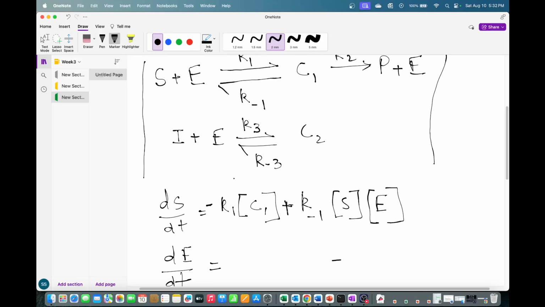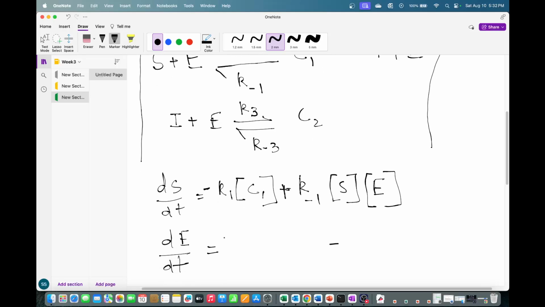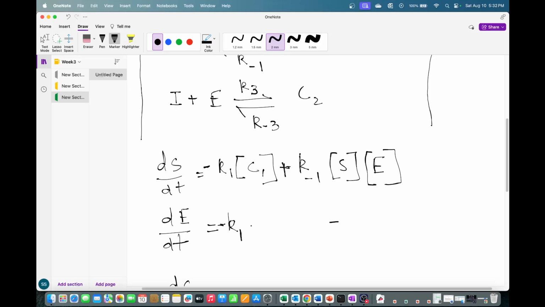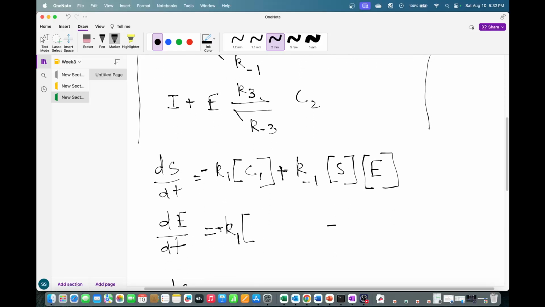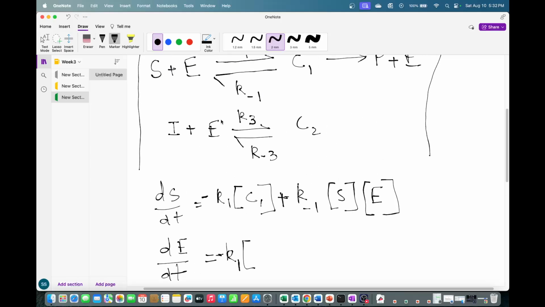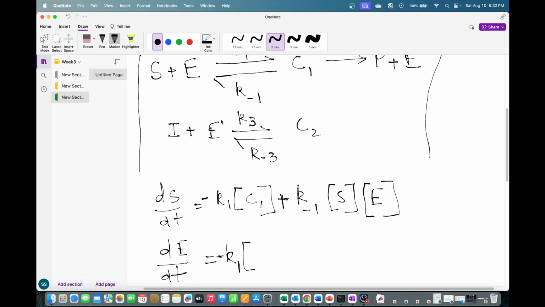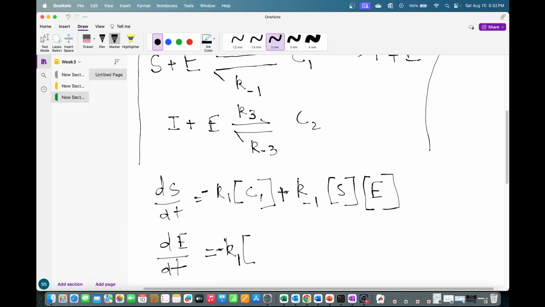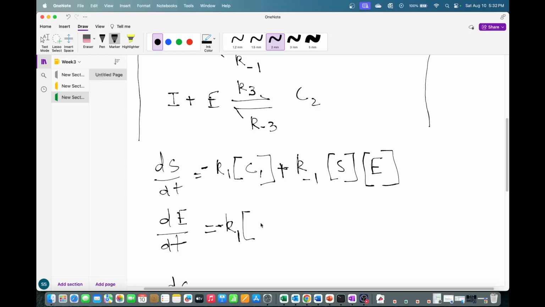This one will be minus of K1. It is getting used up, so I've put a minus here, right? E is getting used up here, so K1 will be associated with the minus sign. So minus of